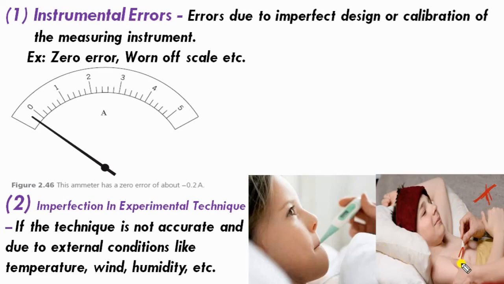Because the temperature below the arm, he is putting this thermometer below the arm to measure the body temperature, which is a false way of taking measurement, because the temperature below the arms is always less than the true body temperature. So he is always going to get a value of the body temperature that is less than the true body temperature, right? So we can say it is a case of systematic error.